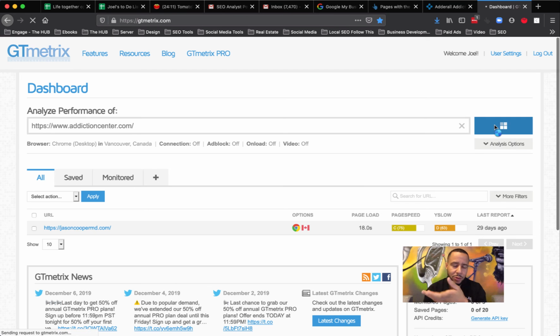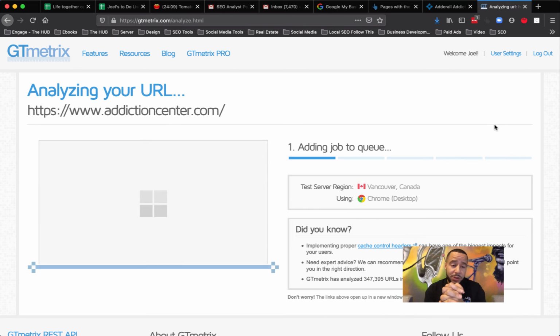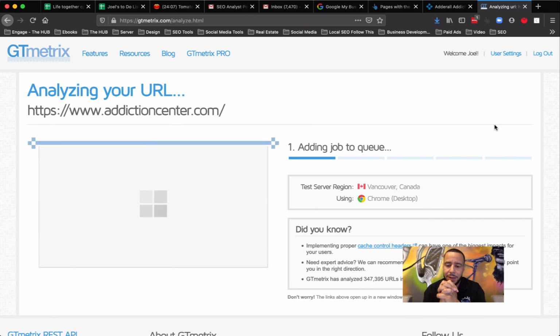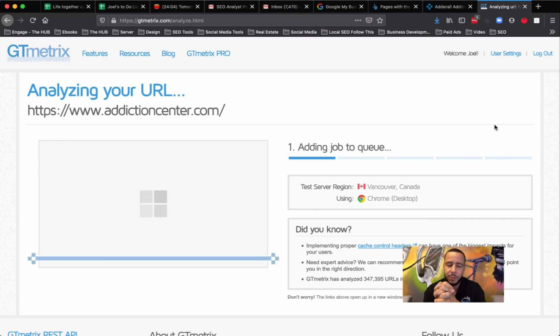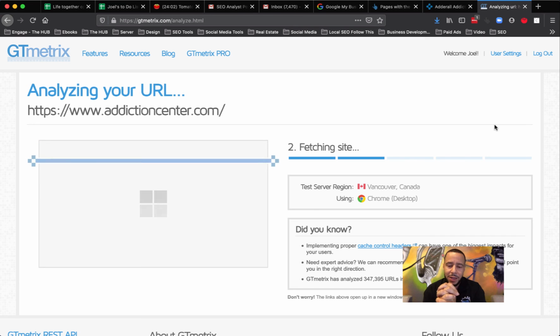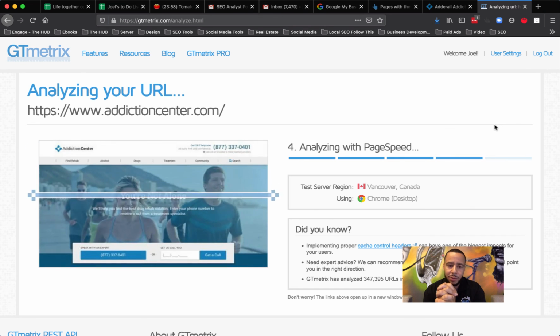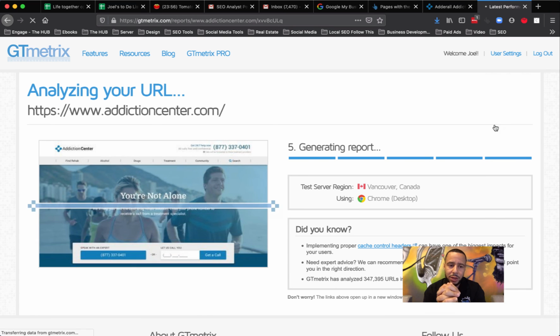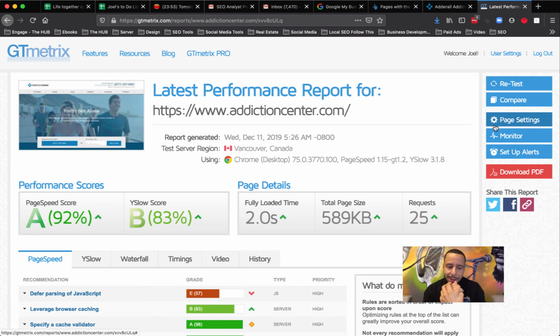So first thing I like to do is look at the speed of a website. I like to audit exactly what's going on at the moment with this website. And then after that, I look at the competitors and I see who's ranking for certain keywords. And then I'll go ahead and make some changes based on what the competitors are doing. So in this case, the first thing is website speed.